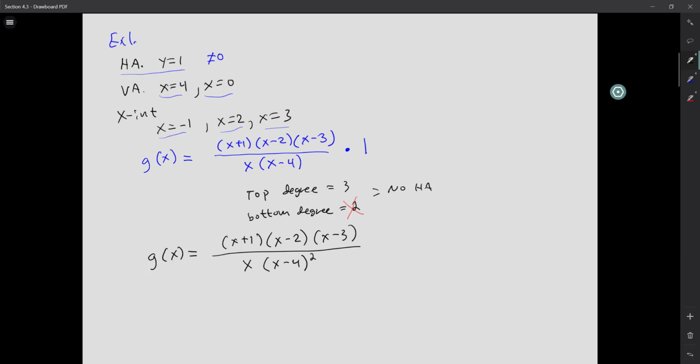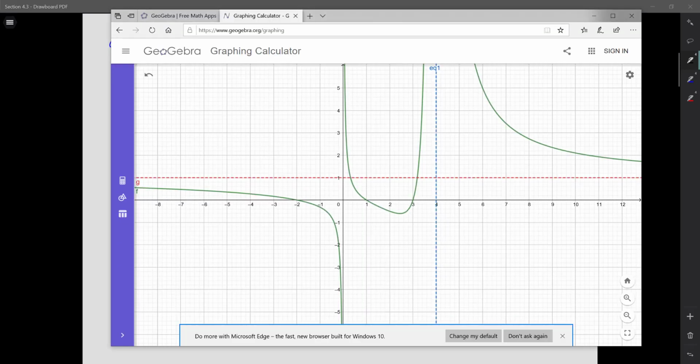Now, whether that's positive or negative will require some additional checking. Maybe just have to test some points. In calculus, you just do a limit to check what happens, but we're going to stick with going backwards for ours. We have a graph. It goes up on the same side. It goes up on both sides, same direction. So I should use an odd power for my